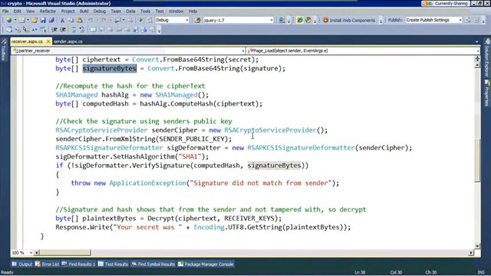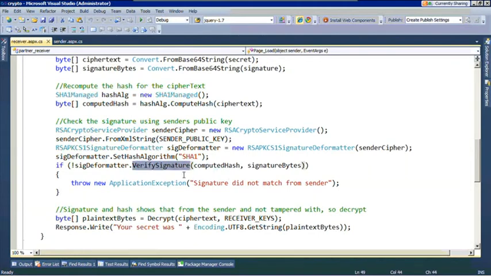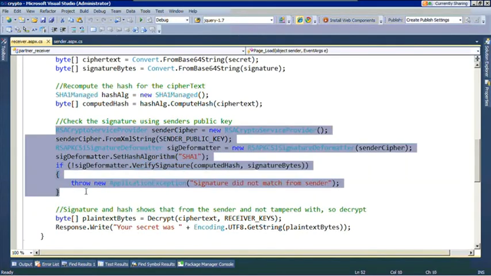The signature classes, again, will do the work for me, and they'll verify the signature right here. So the signature bytes that were sent compared to the hash that I just computed, and did it for sure come from me, is all incorporated in these lines. So you've got a lot of power there, making sure that nobody modified that encrypted data and that it definitely